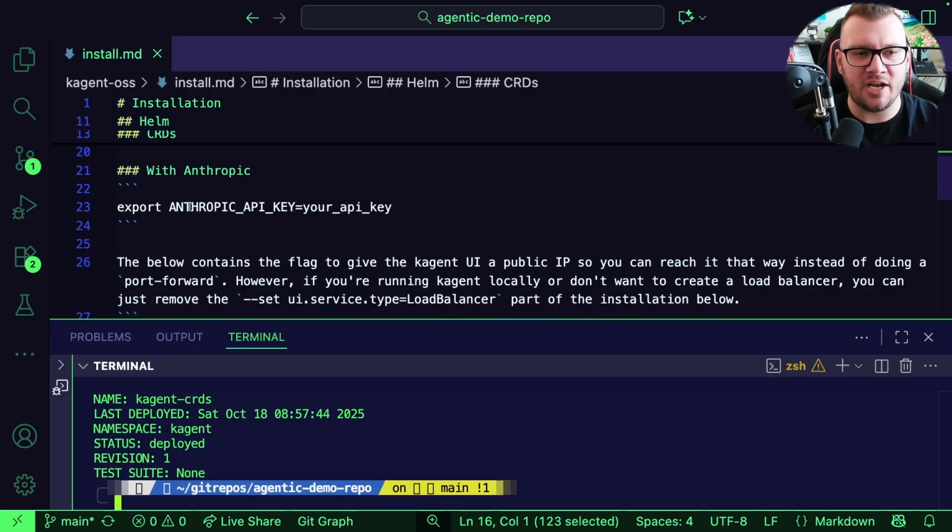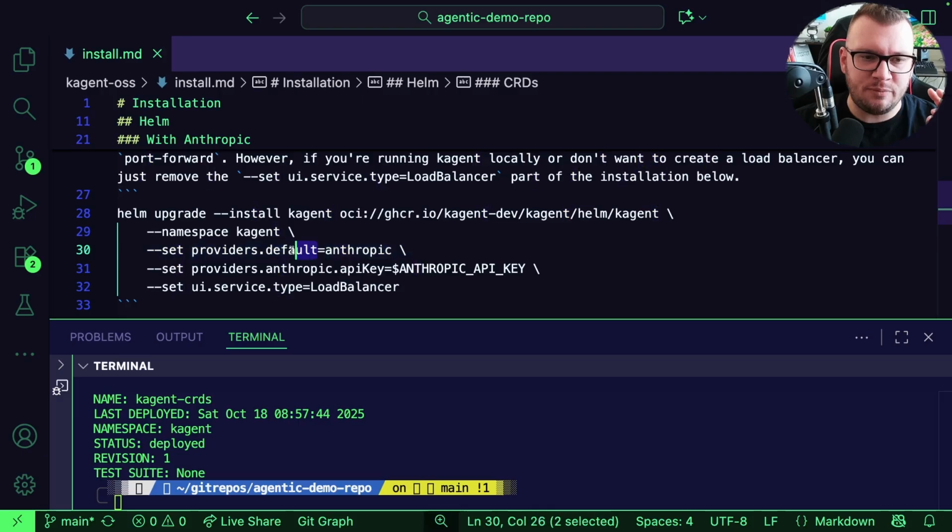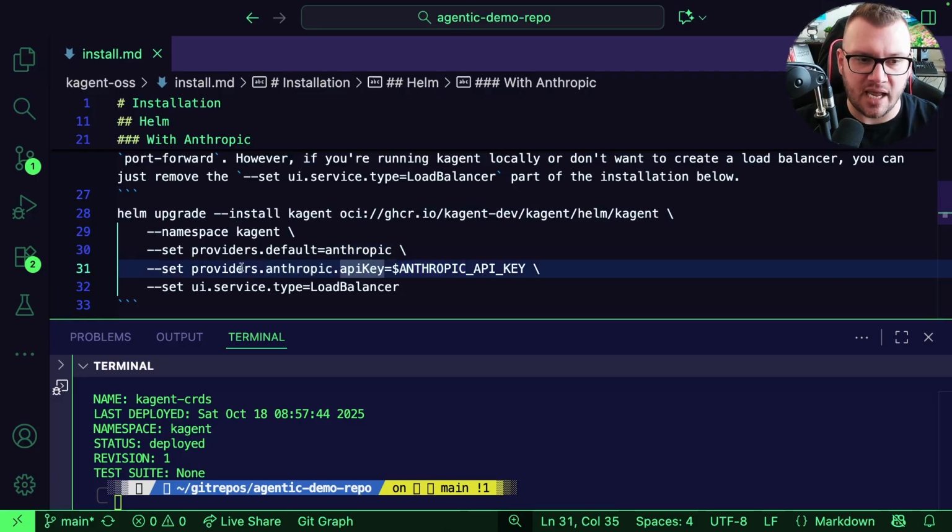You're going to create an environment variable with your LLM API key. And you'll see that I'm specifying here providers.default equals Anthropic. But if it's Gemini, you're going to put Gemini here, and then change this where it says providers Gemini API key, instead of Anthropic.